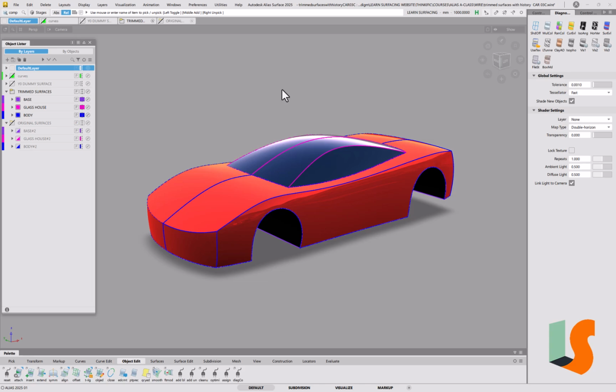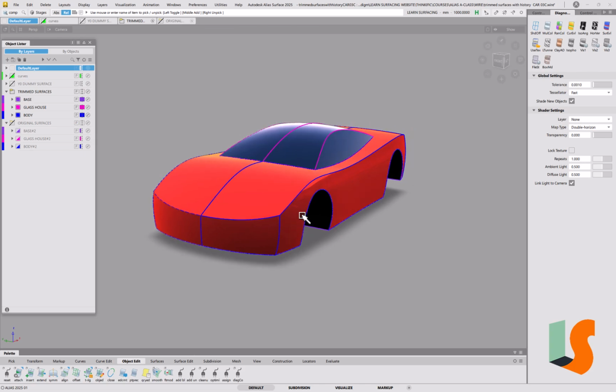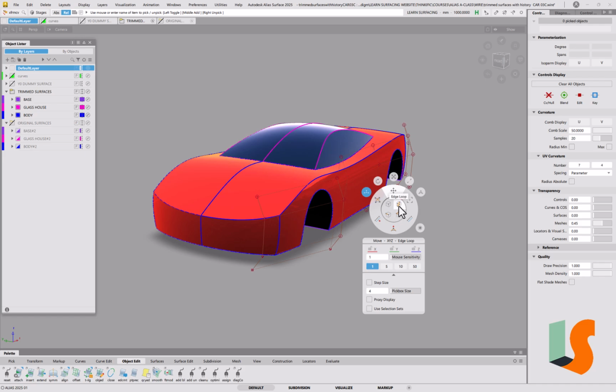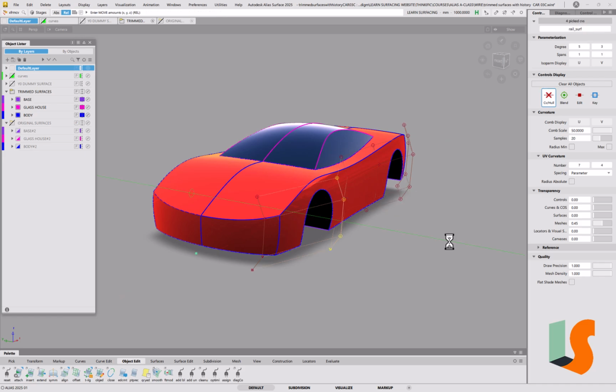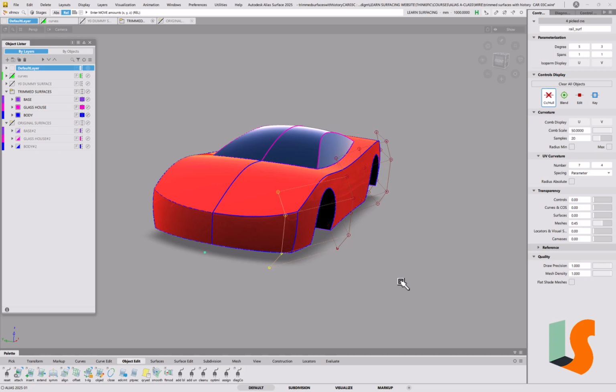In this example, I'm just going to go through the sort of process that you might take if you were creating something like this simple concept model. So what I want to do is end up with a model that looks a bit like this, that's trimmed with history on it. So if I go and pick a surface, for example, and start moving CVs around, I should be able to do this sort of update to it